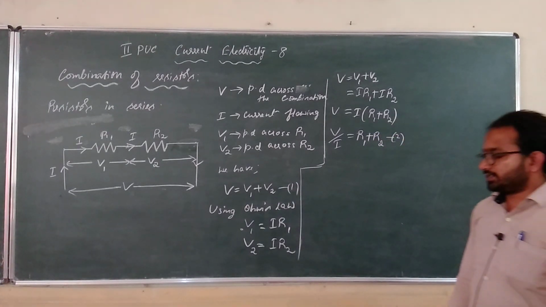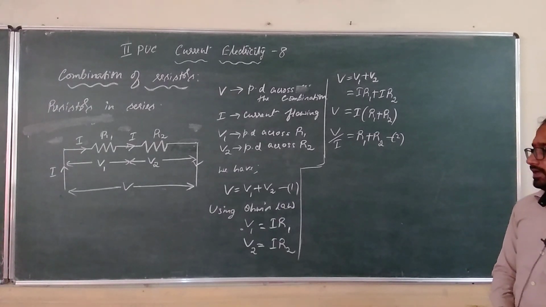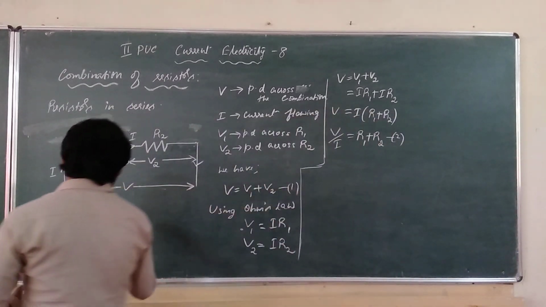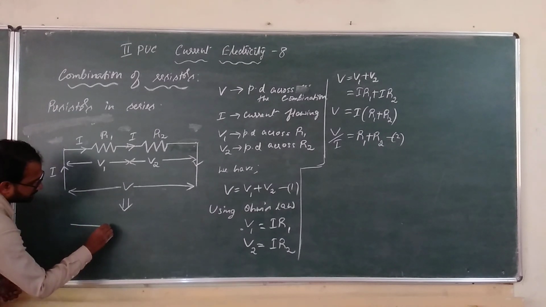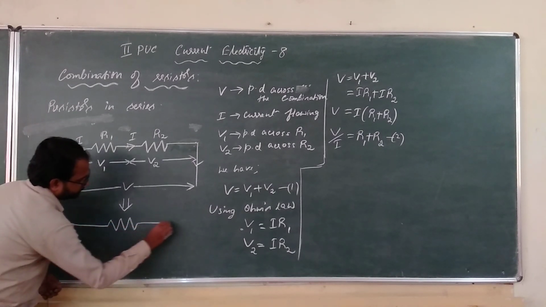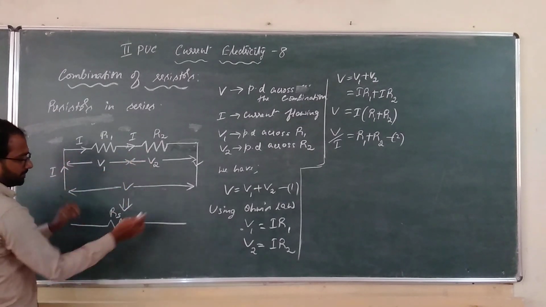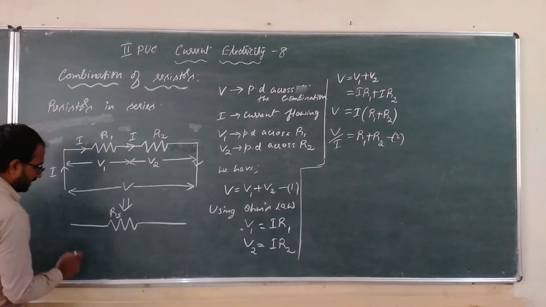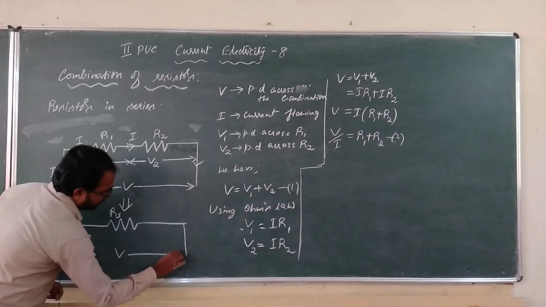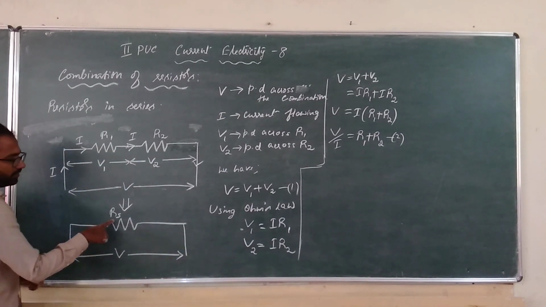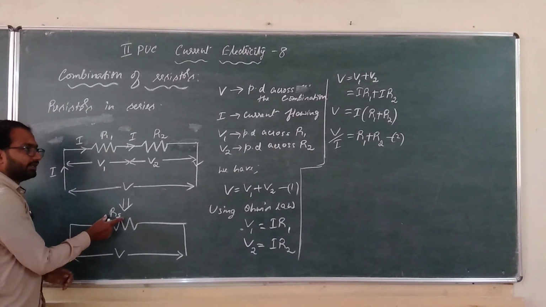Now if the combination is replaced by a single resistor of resistance Rs, such that under the potential difference of V,